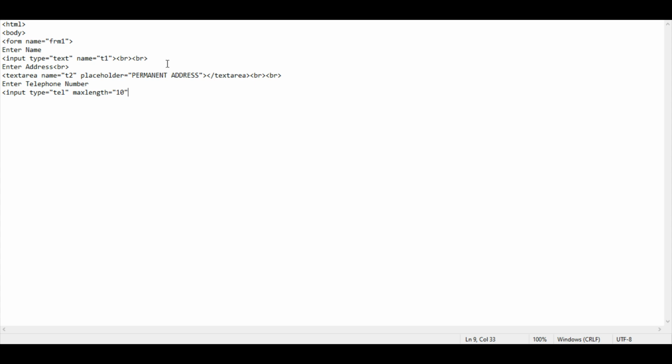Max length 10. That is our max length for the digits you will be required to put in as your telephone number. So this was our input type. Then we add in our break lines, and then enter email address, input type equals to email,